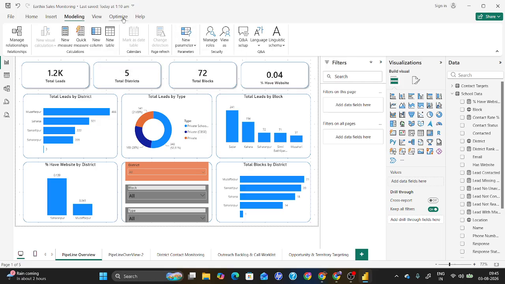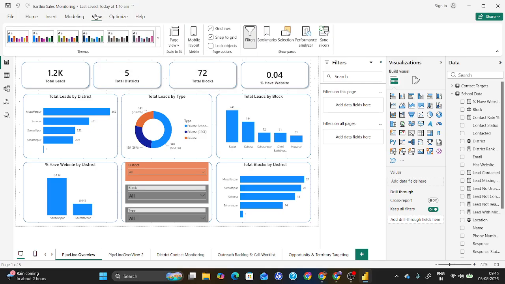All right. And now this is the view section. It is not actually that important, to be very frank, but since this is a filter, it is very important. And after that, sync slicer is very important. This we use, like we have used here. See, sync slicer is when we want